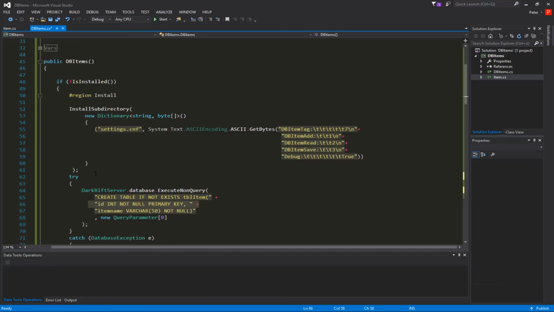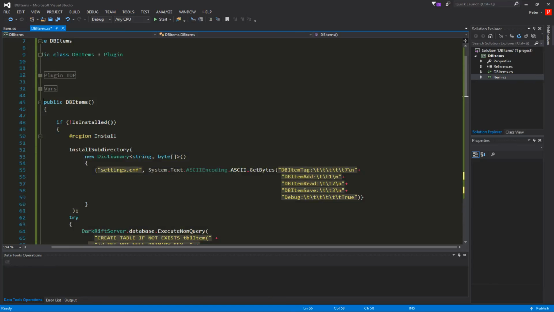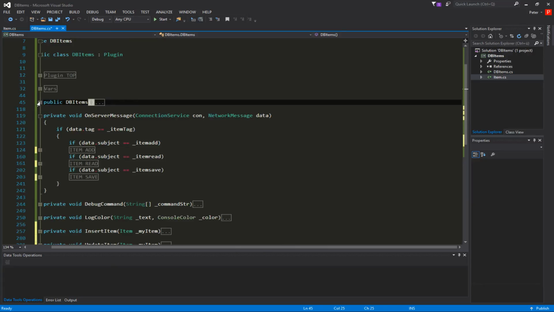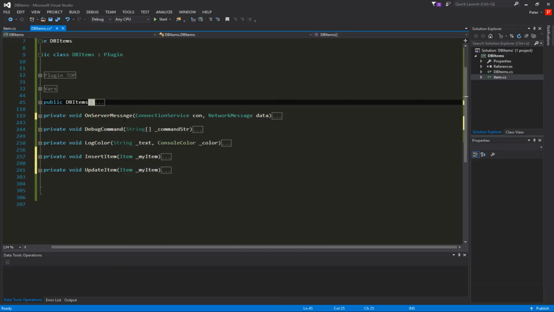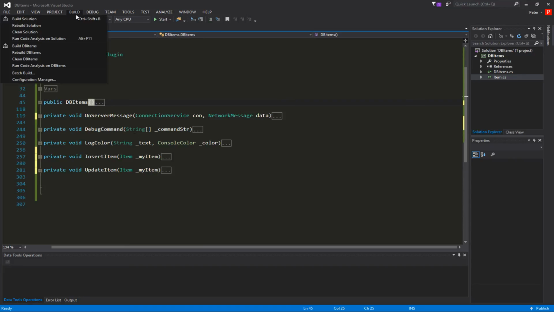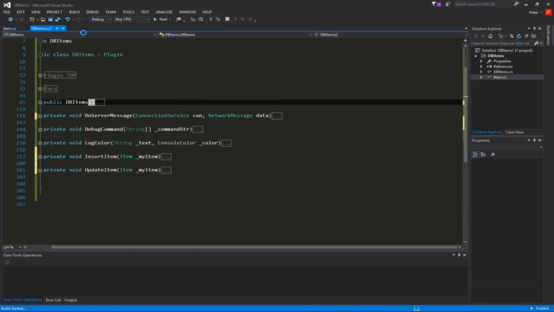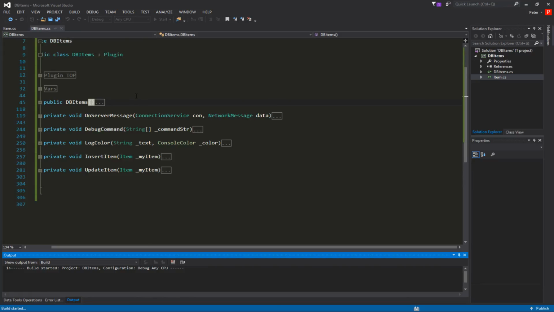So that's all for this part. It's a nice, quick and easy video, and in the next part we finally send stuff into this plugin. So just build that, build solution, and copy the DLL into your server,